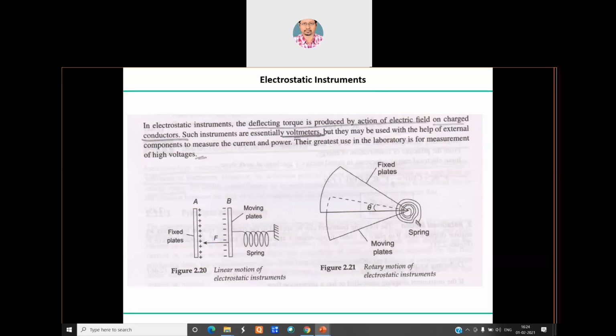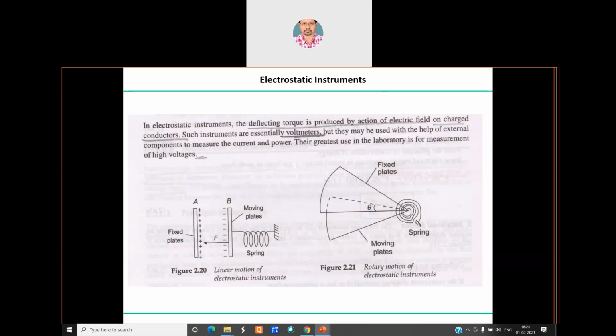If you place a pointer connected vertically to your spring, it will be forced to move in a particular direction, either forward or reverse. That is the case for linear motion, but more popular is the rotary motion because it consumes a lesser amount of space and cross-sectional area to fabricate the measuring device. The same thing can be done here: the fixed plate is the fixed one, and the moving plate is the movable one, attached through the spring.